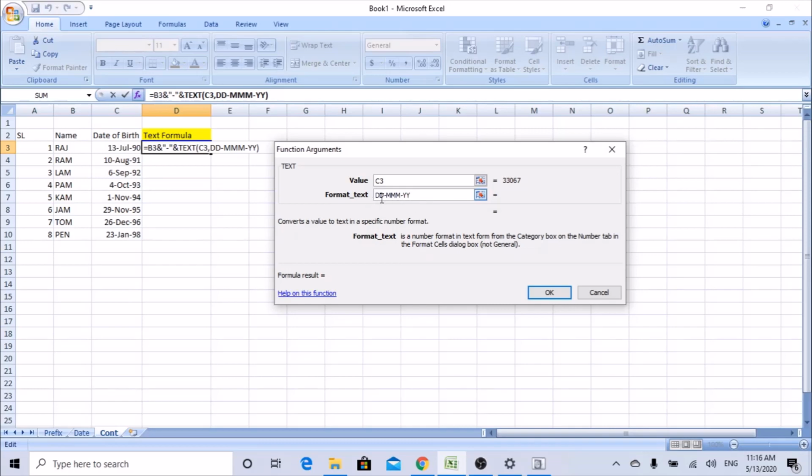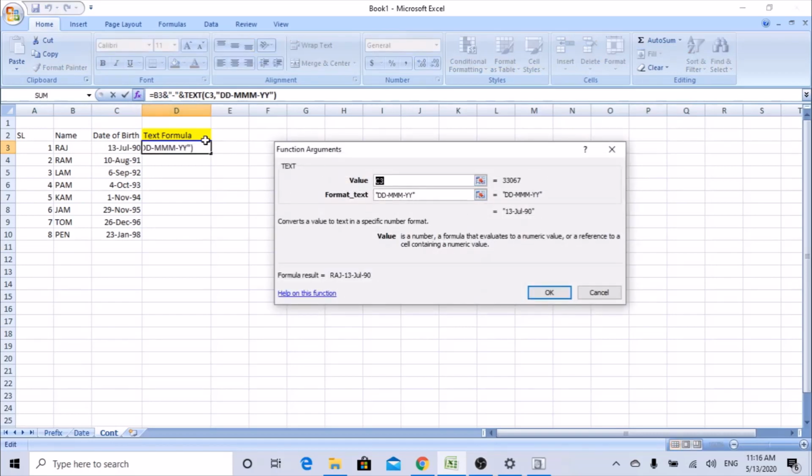So I have not added the double quotes. The one advantage of using this function is it automatically takes the double quote. So when you're trying to add manually here in the formula without using this, you need to add a double quote. Here the advantage is it automatically knows whether it is text or number. So I know it's not showing the value here. Let's hit OK.